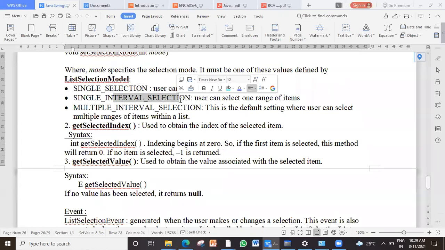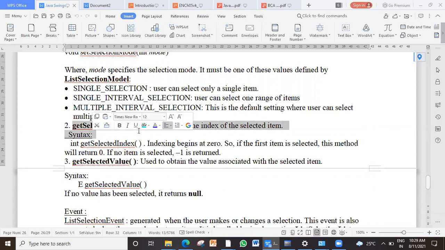Clear with that? Now, how do I understand which item is selected by the user? The user will select one of the items. How will I know which item is selected? Using the method getSelectedIndex. Now, each of the items when I add to the list box will have an index value.